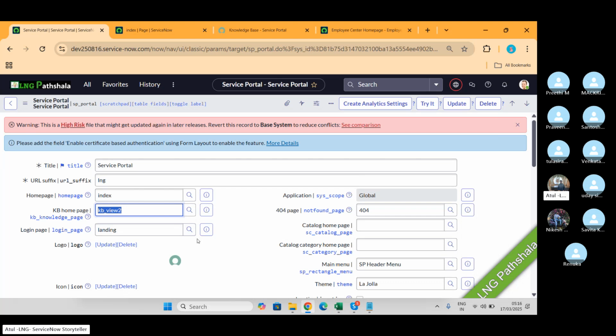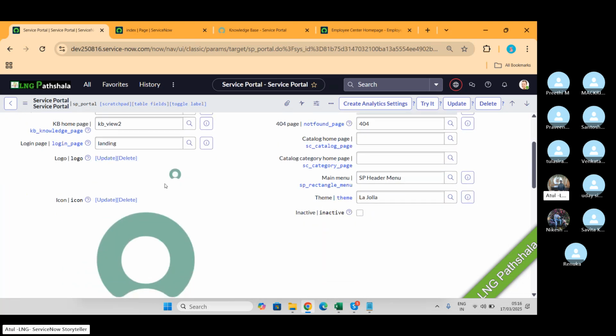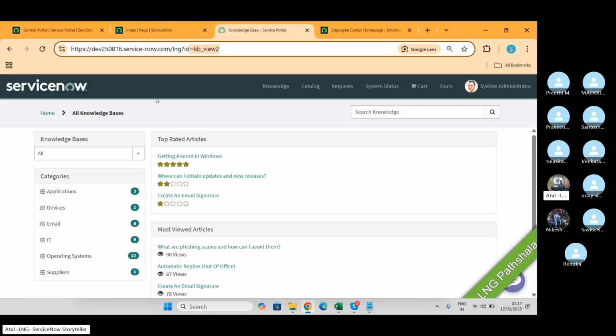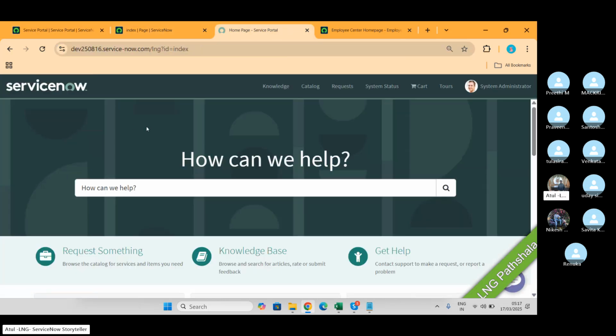Logo, icon. Look, these that you can see here. If you give a user the option of multiple portals, then you can see this logo as well.